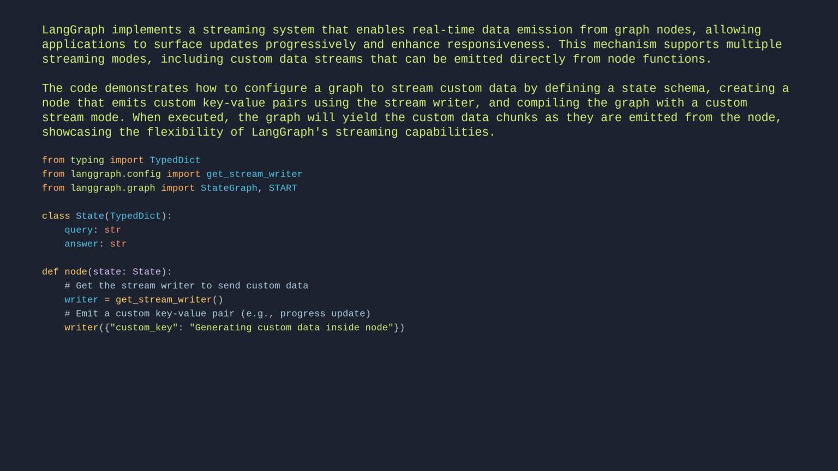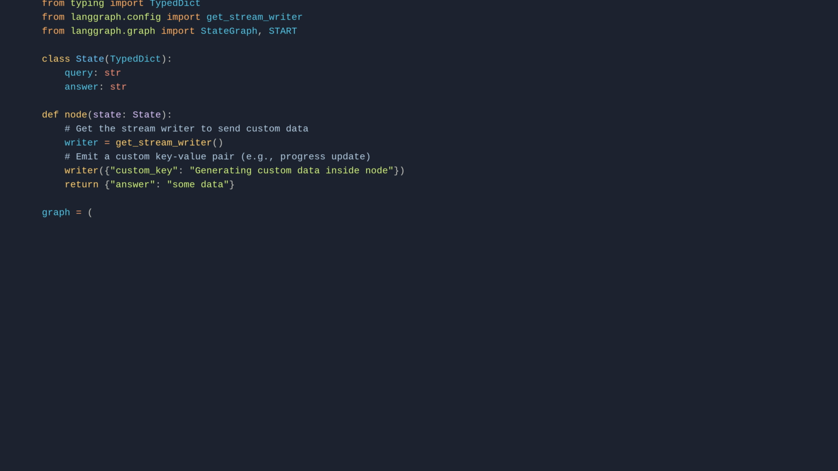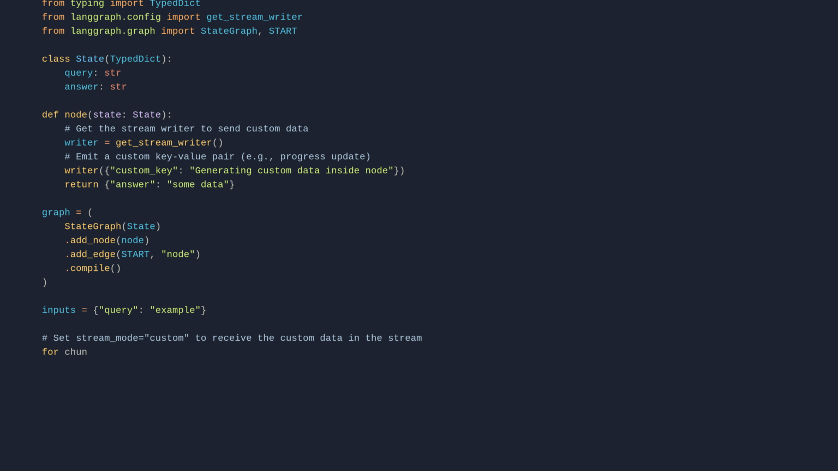Return answer, some data. graph = StateGraph(State). Add node. Add edge START, node. Compile. Inputs = query, example. # Set stream mode = custom to receive the custom data in the stream. For chunk in graph.stream(inputs, stream_mode="custom"): print(chunk)